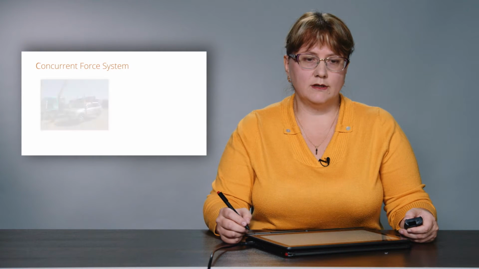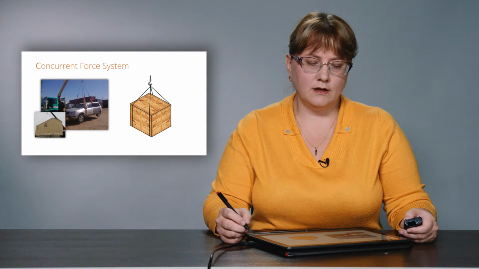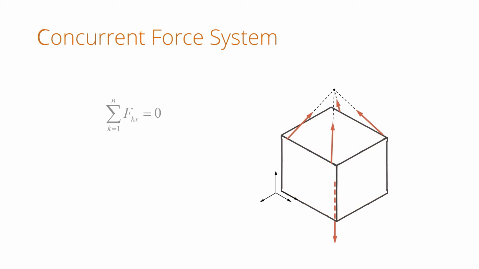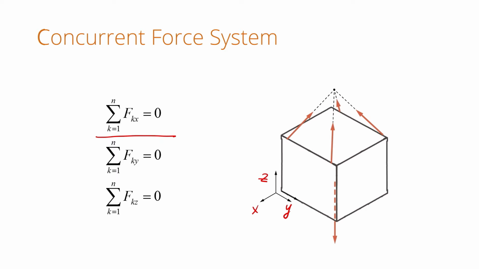You have already made yourself familiar with the system of concurrent forces, and in this case, 3 equilibrium equations are written down as the projections of the principal vector on the coordinate axis. It means that there are 3 equations: the sum of projections of all forces on the axis x, the sum of projections of all forces on the axis y, and